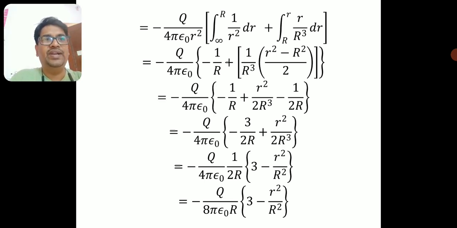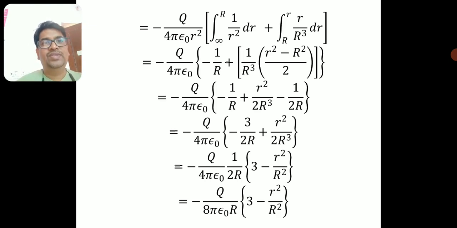If I do the integration, the integral of small r is r square by 2, where capital R cube is a constant. You can write 1 by R cube outside the bracket again. So the r integration is r square by 2. Apply the limits: r square minus capital R square by 2. Simple integration, I have applied the two limits. After that, let me do some simplification. Within the bracket it's minus 1 by R plus r square by 2R cube minus R square by 2R cube. That R square will get cancelled with this R square, and I am left with minus 1 by 2R.